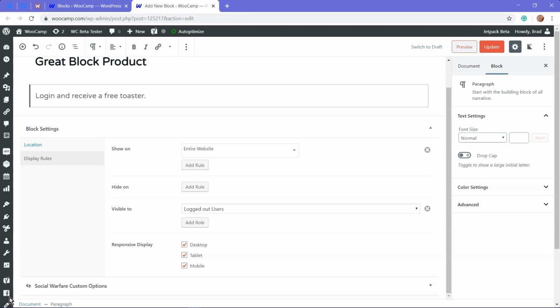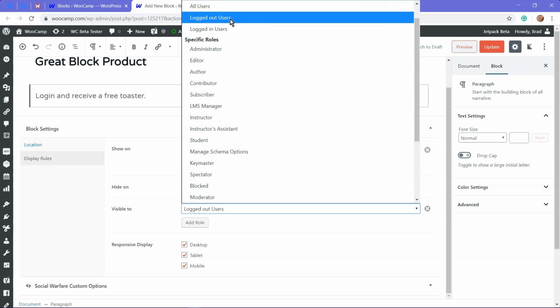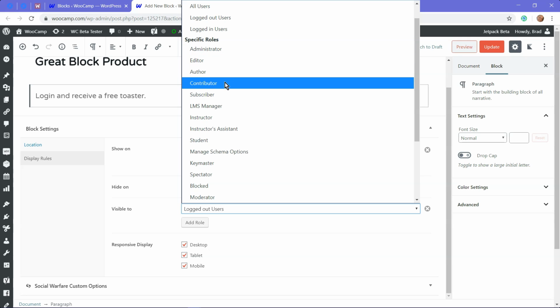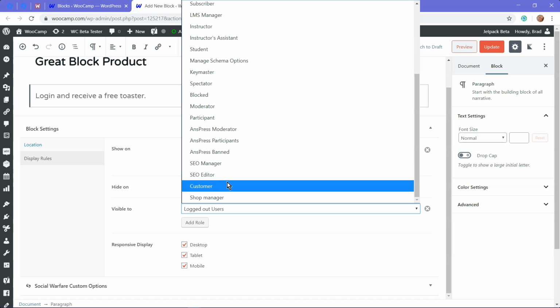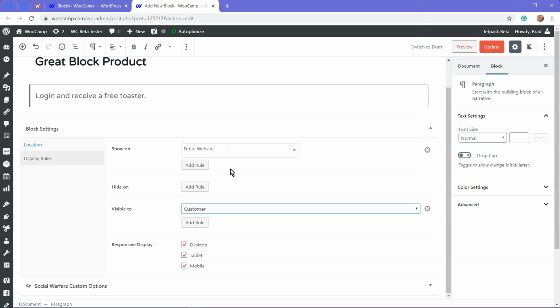Okay, so that's another conditional there that you would definitely want to use for different reasons in your site. You want to have logged in users see one thing. You want logged out users. You want all users. You want those who have already contributed, I'm sorry, those that are already with a contributor or subscriber role to be able to see that, right? Or if they are a customer. Okay, maybe you've got shop managers that are managing your site and you want to give them a notification, and only them a notification. Let's say you've got customers and you want to say,